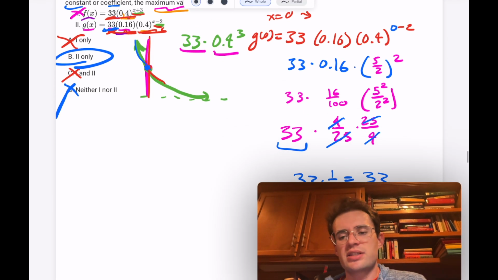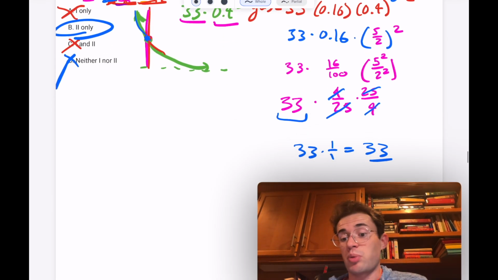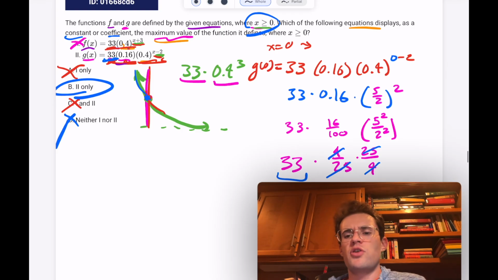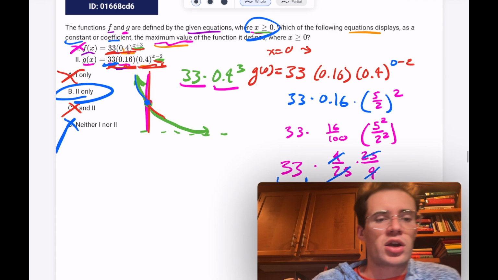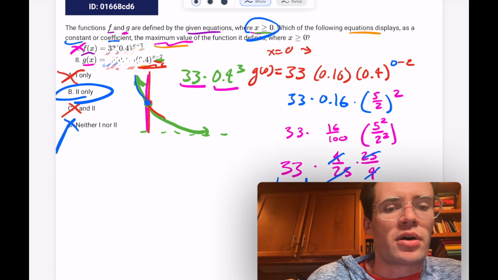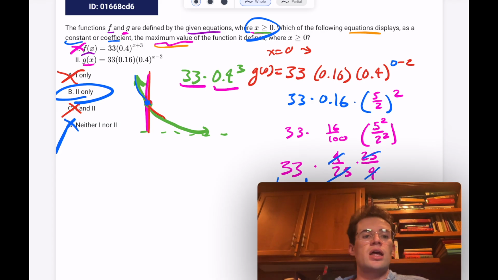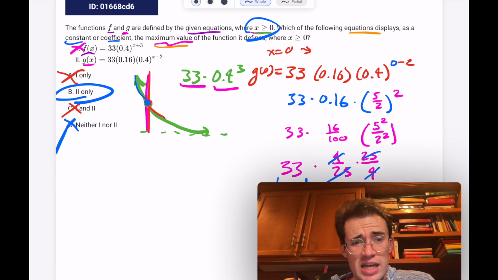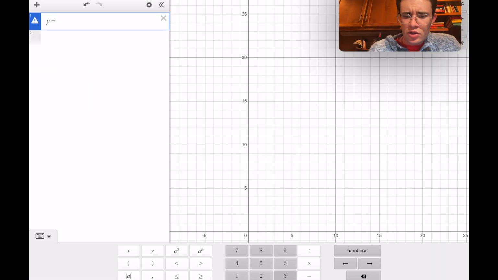I know it sounds like this took a long time, but that's because I was trying to explain it as I was going. If you know what you're doing, you could probably figure this one out really quickly, and you wouldn't have to explain every step of the reasoning. But the other thing you could do is just type these into Desmos and see, is the maximum value any of those numbers there? All right, so we go y is equal to 33